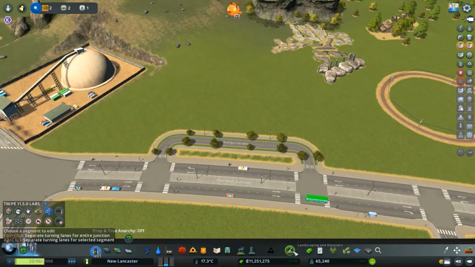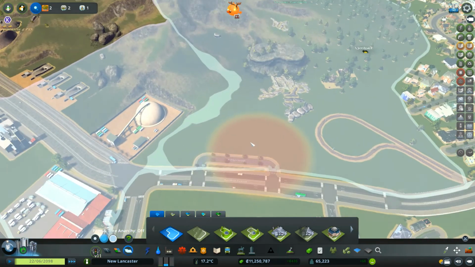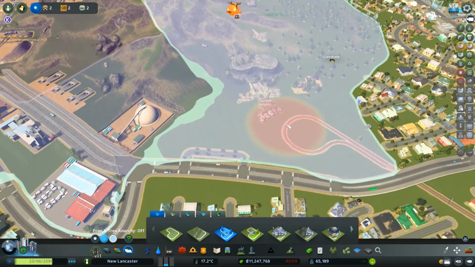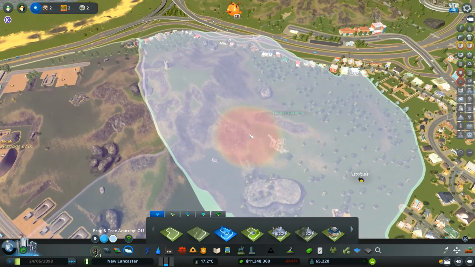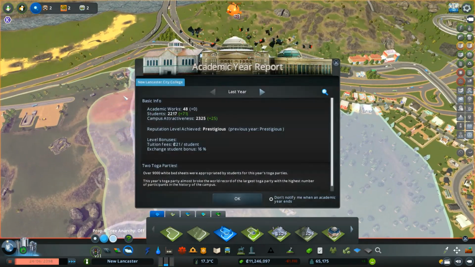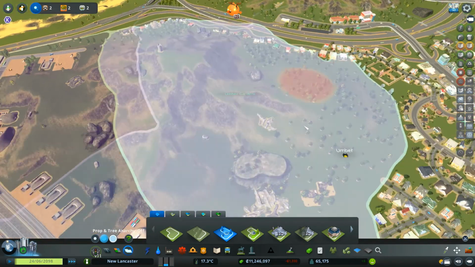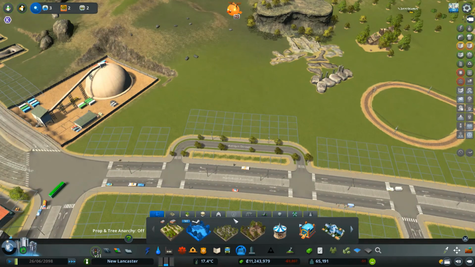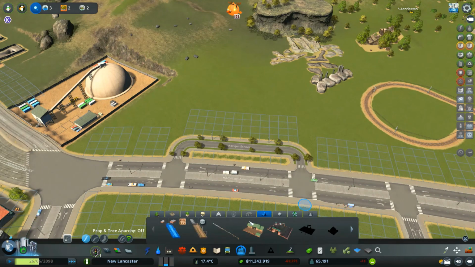And we're going to make this a nature reserve. So what I should have done is gotten the park area. Oh, I did. Must have been from a while ago. And we will continue this park area up this way a bit. All right, and then we're going to make this a nature reserve.